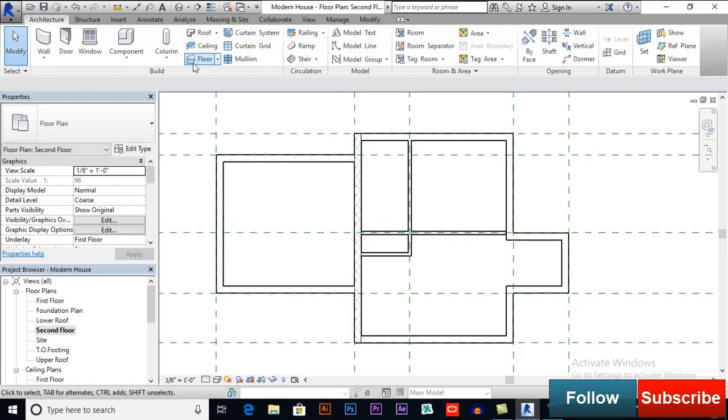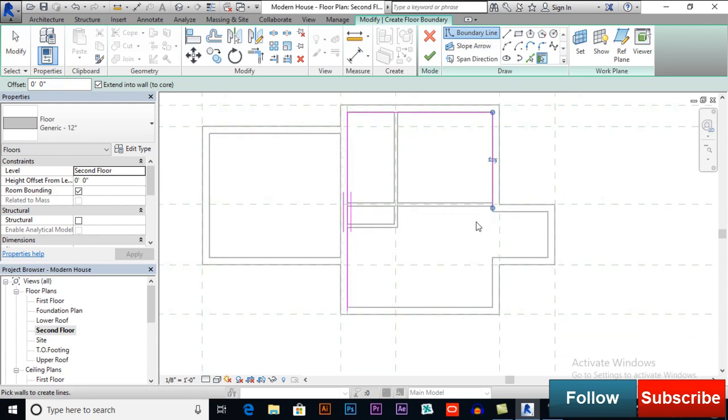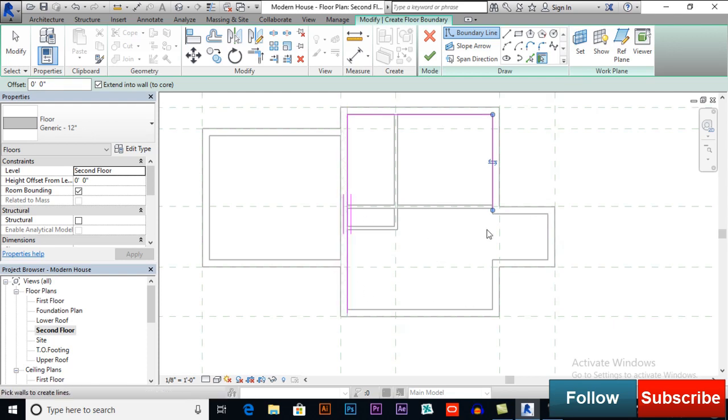Again floor architectural, select this wall, this wall, this wall. This time I don't want it to be applied on the complete building, so I will drag it,